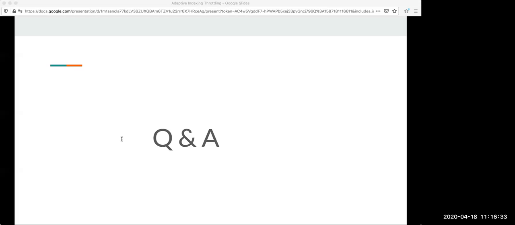Cool. There is one last question which basically says have you tried using an ML model to come up with the throttle rate? At this point, we haven't experimented with an ML model, but potentially, yes, we should look at it. We went from a very simple, rudimentary, empirical, mathematical model to a little more sophisticated algorithm like TCP Vegas.